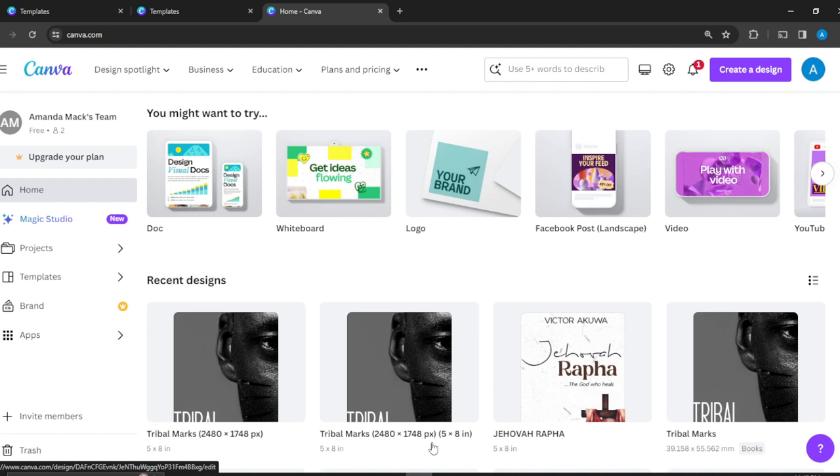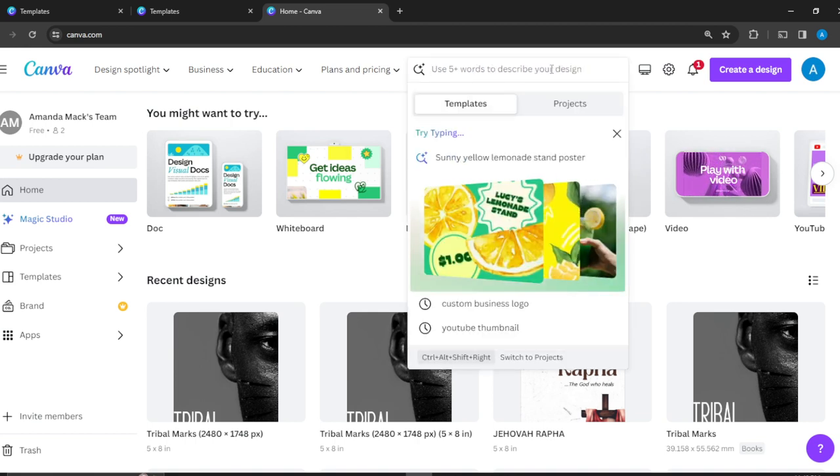If you want to design a beautiful presentation in Canva, there are two ways to go about that. First, you can click on the create a design button at the top right corner of your screen to start creating your presentation from scratch, or head over to the search bar, which is also at the top of your screen, to search for templates that you can easily work with. So right here in the search bar, all I need to do is type